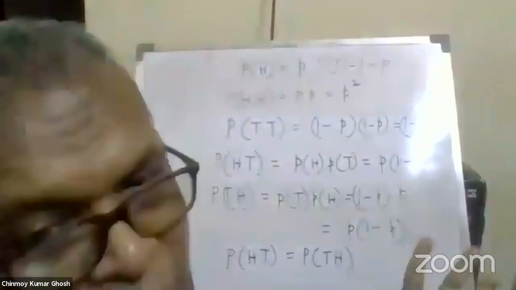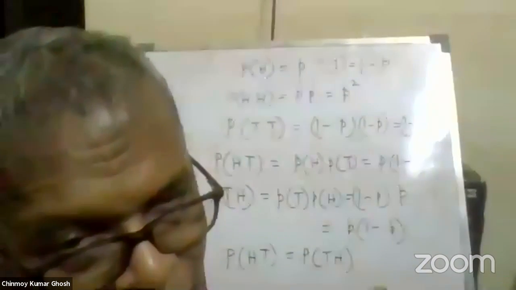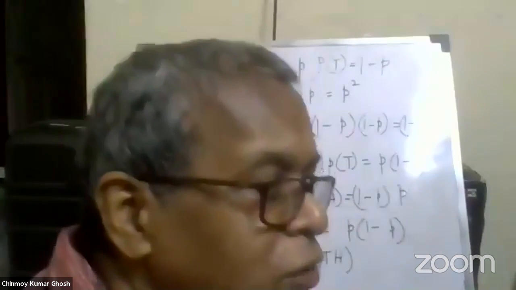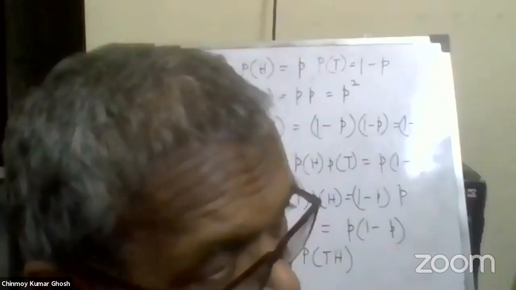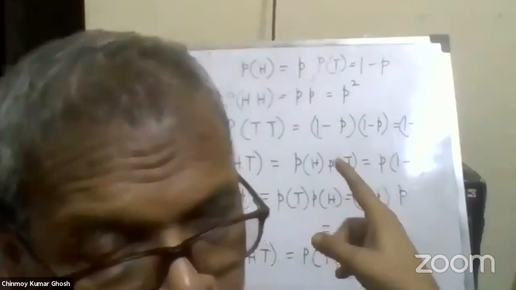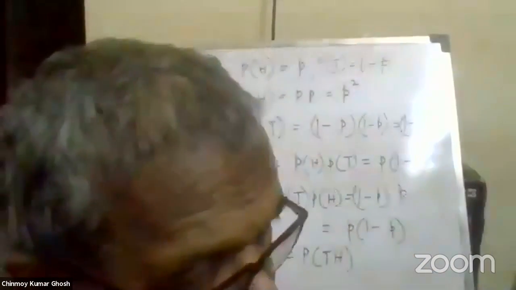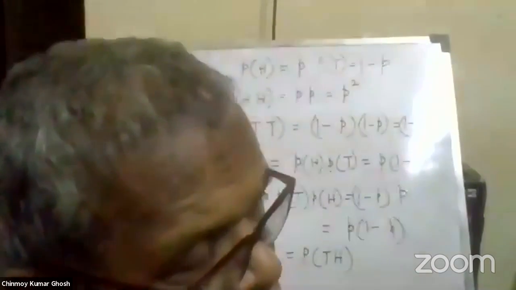Practically speaking, I created all these stories in order to bring home this mathematics. Even if he declares that the coin is biased, he does not know what would be the outcome, and the other captain definitely does not know. Once he knows the coin is biased, it should be biased on one particular side. I'm not giving you the value of p, whether it is more than half or less than half. So he might know that in 100 tosses of the coin, 70 times it comes tail and 30 times head, so it is biased towards tail. But that does not mean that in that particular toss it would come head or tail. So the toss can go on.